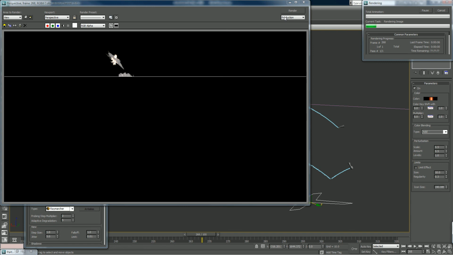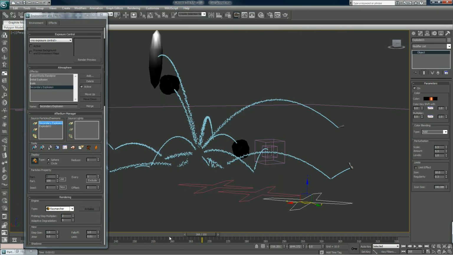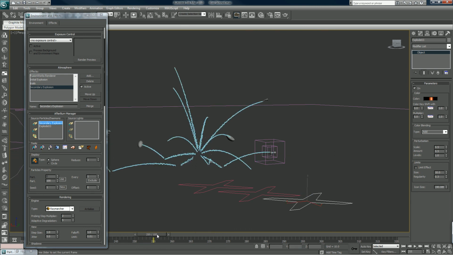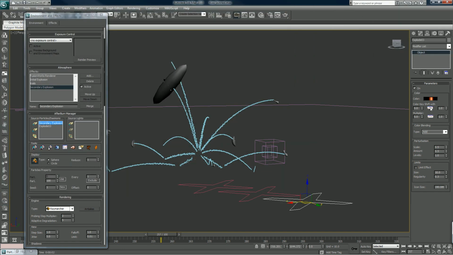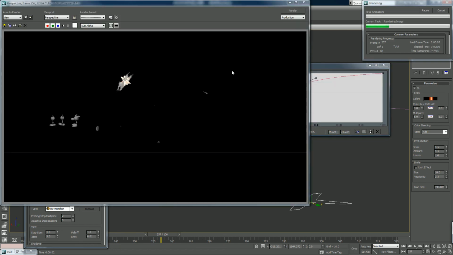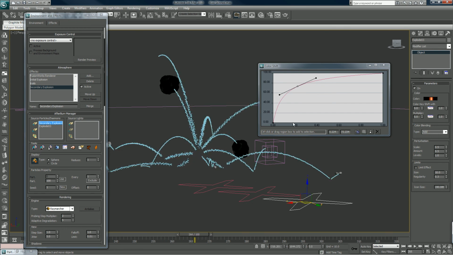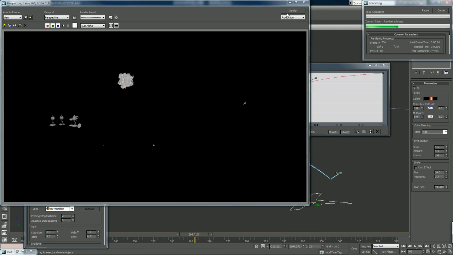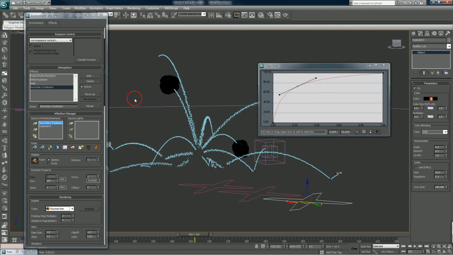I'm going to render that. That actually looks pretty good, doesn't it? Render. With that, I'm going to drop this down a little bit. Re-render. I'm seeing a little bit. It looks like mini spheres in there, which usually tells me the